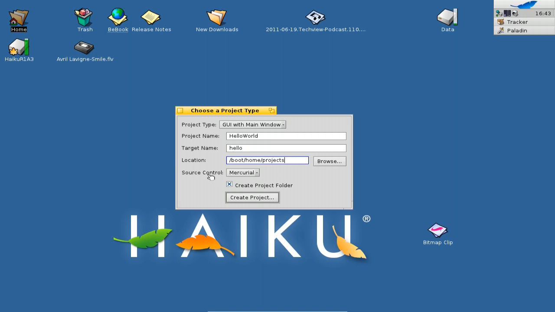Then we have the source control, or version control, option here, where we can set different version controlling systems like Mercurial or Subversion or Git, but Git is not available here. So let me choose Subversion here, because I want to show you later on how you can use this as version control, and how it is very useful and important to use version control if you want to collaborate with different people on one project. So leave the create project folder checked and click on create project,